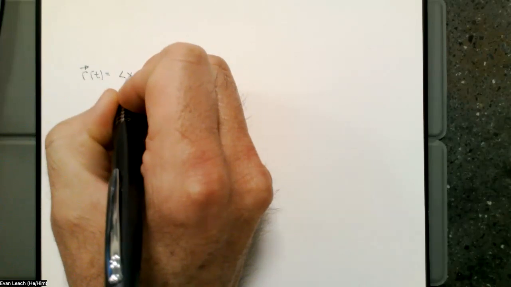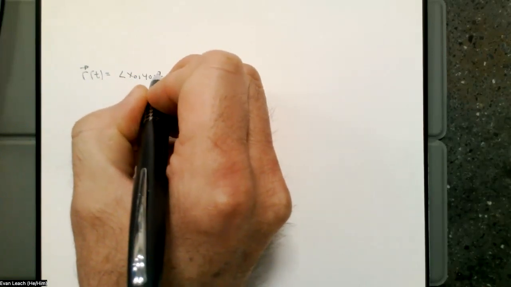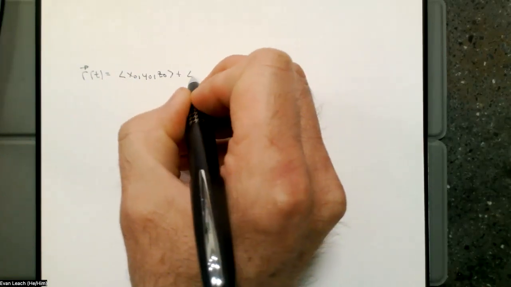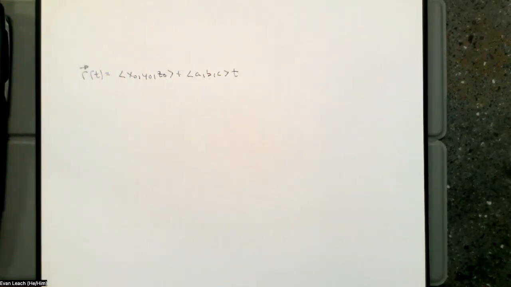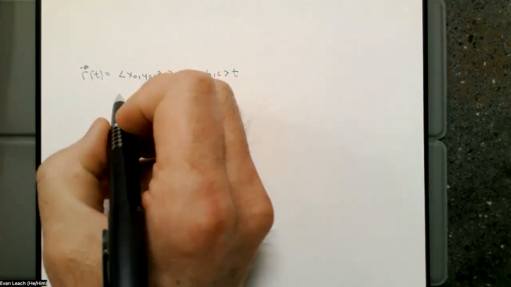We can write, although we like to write these in parametric vector form, if I write these vectors together, so here's our parametric vector form. We can get the parametric equations by just adding these two vectors. So if I add these vectors up,